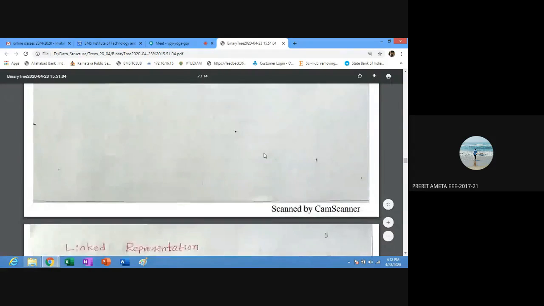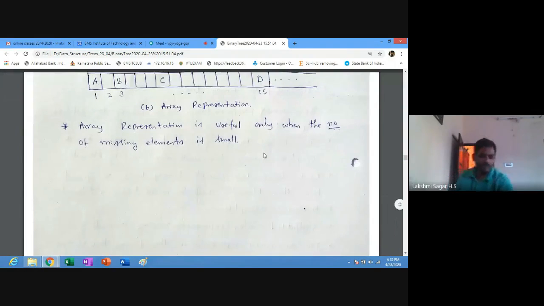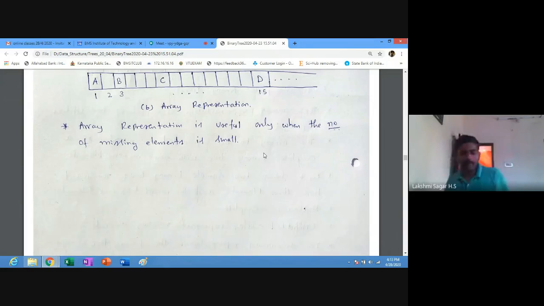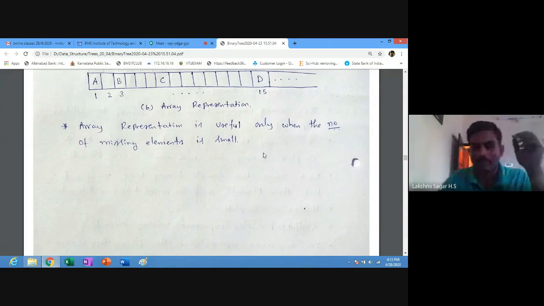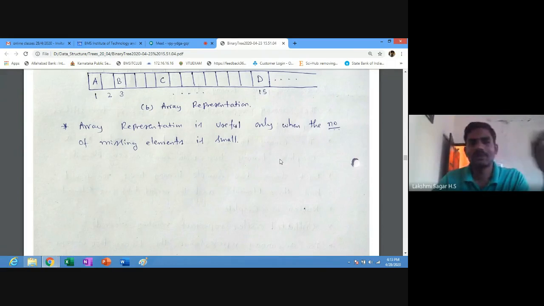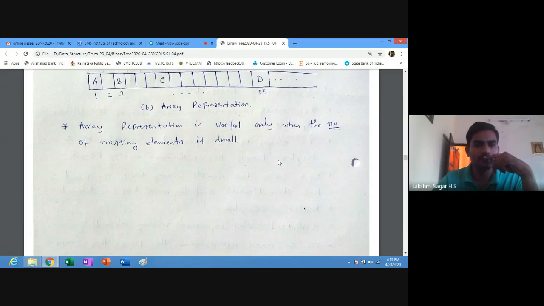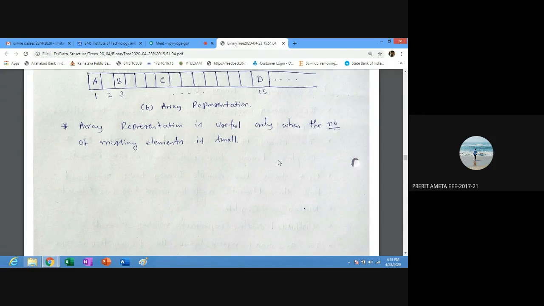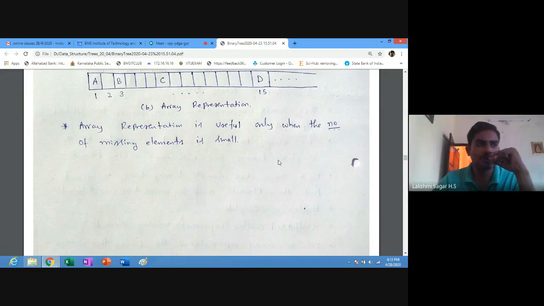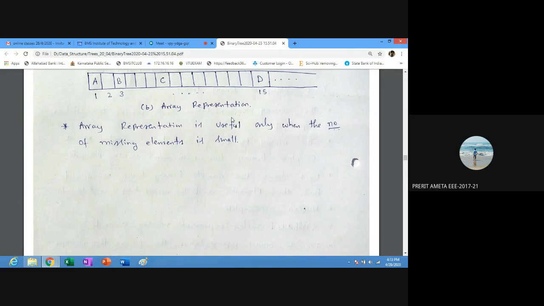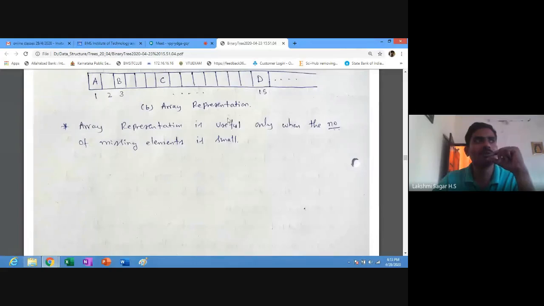Sir, what about the internals, sir? For internals, I have to prepare questions. How will the questions come, sir? MCQ type only. Will all the questions be theory type? The formulas in Notepad we cannot, Notepad will not take any formulas. Yes, sir. So it should be theory only, all 30 questions.